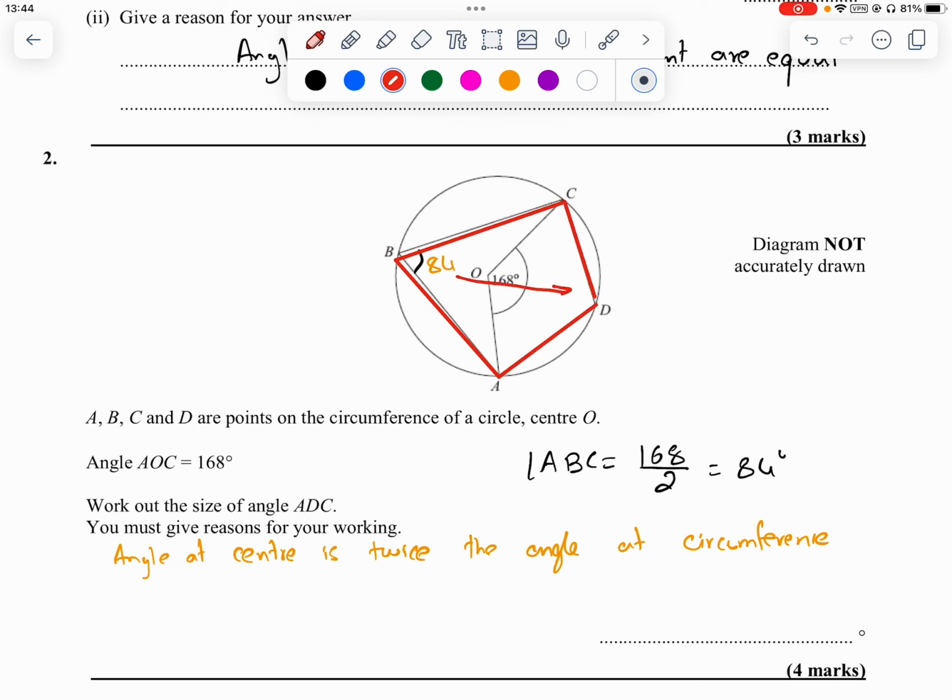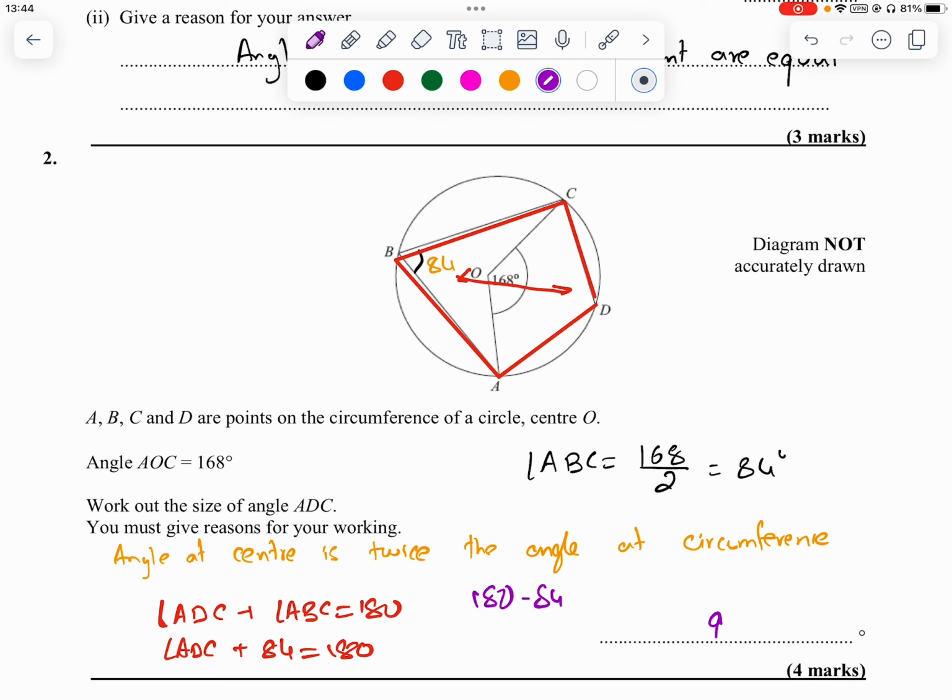So when you add these two angles up, it will be 180 degrees. So angle ADC plus angle ABC equals 180 degrees. So angle ADC plus 84 equals 180. So angle ADC is 180 minus 84,